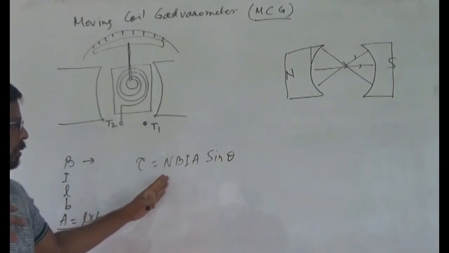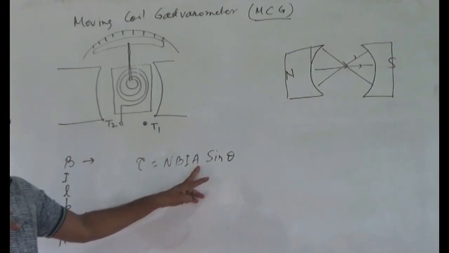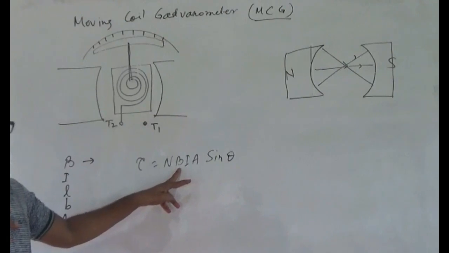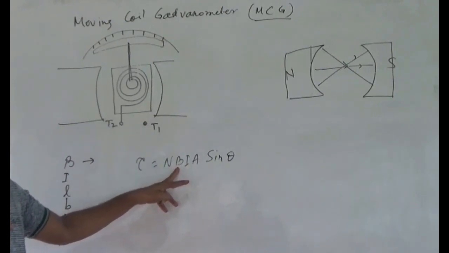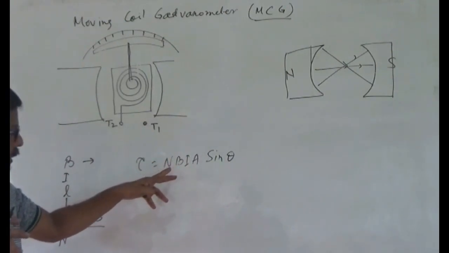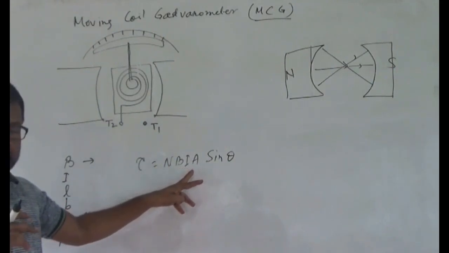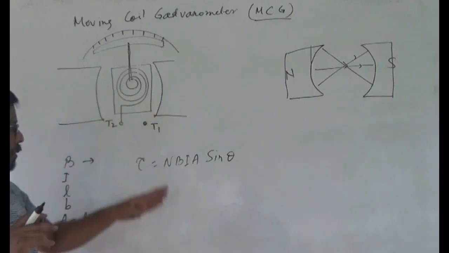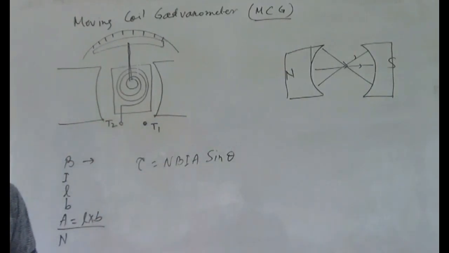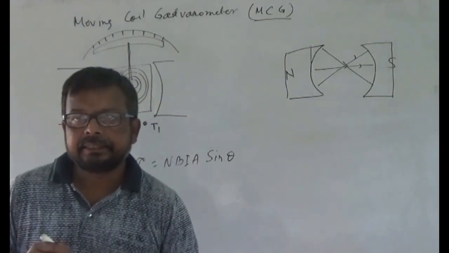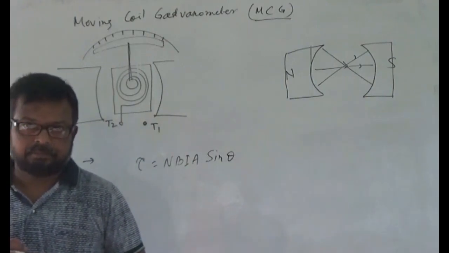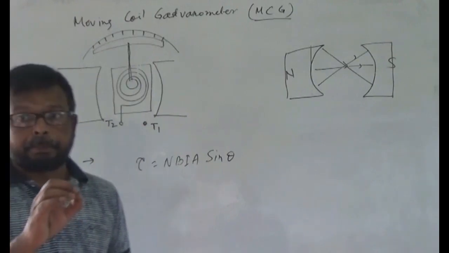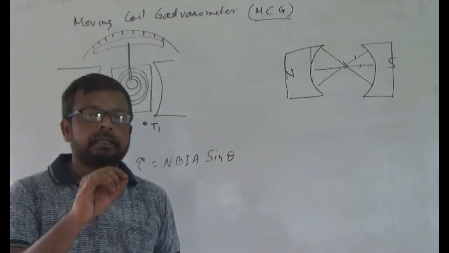If a rectangular coil of area A is placed in a magnetic field of strength B, and the number of turns in the coil is N, I is the current, then the torque experienced by the coil is tau is equal to N B I A sin theta, where theta is the angle made by the normal to the plane of the coil with the direction